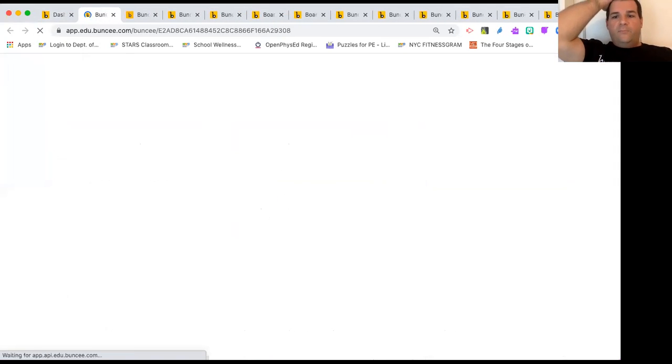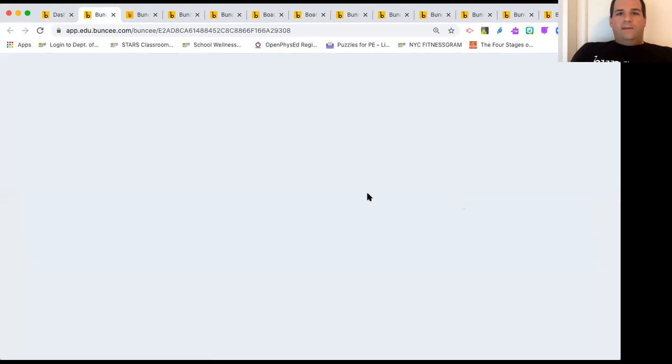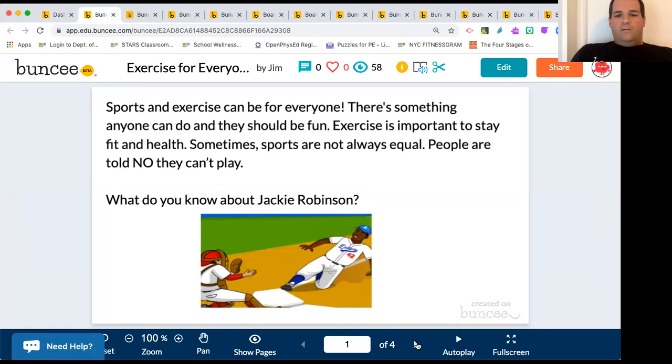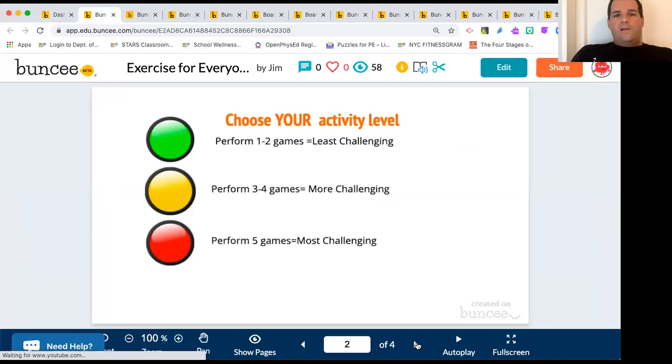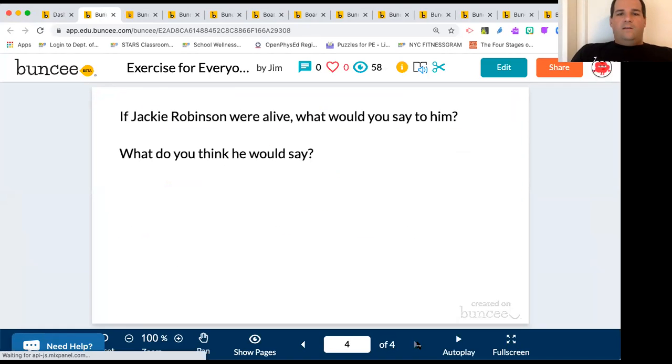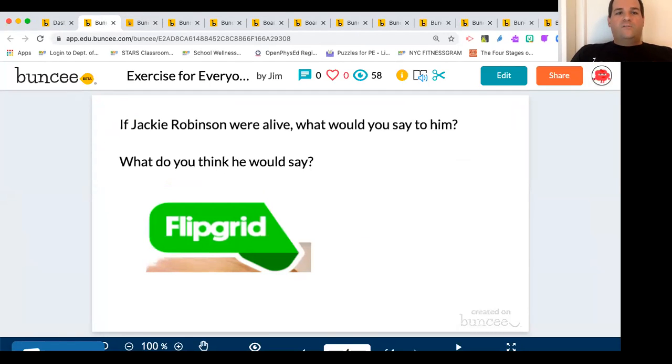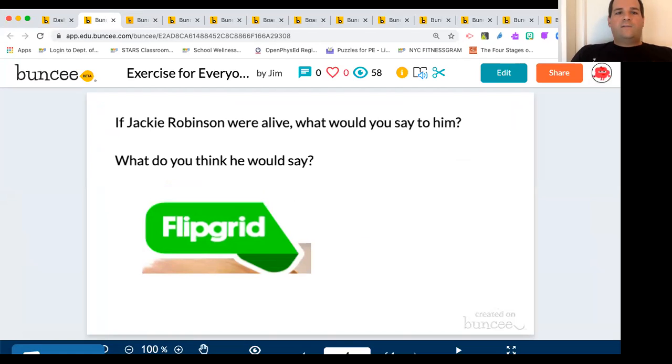If you're familiar with Flipgrid, you can leave links, and it will read it here. This is a lesson format. I could put in a clip and it'll take me right to it, so if I wanted to make a link to a website and have a clickable link on a picture, it will work very well. That's the one thing about Buncee, as Ida was just saying: the interactivity